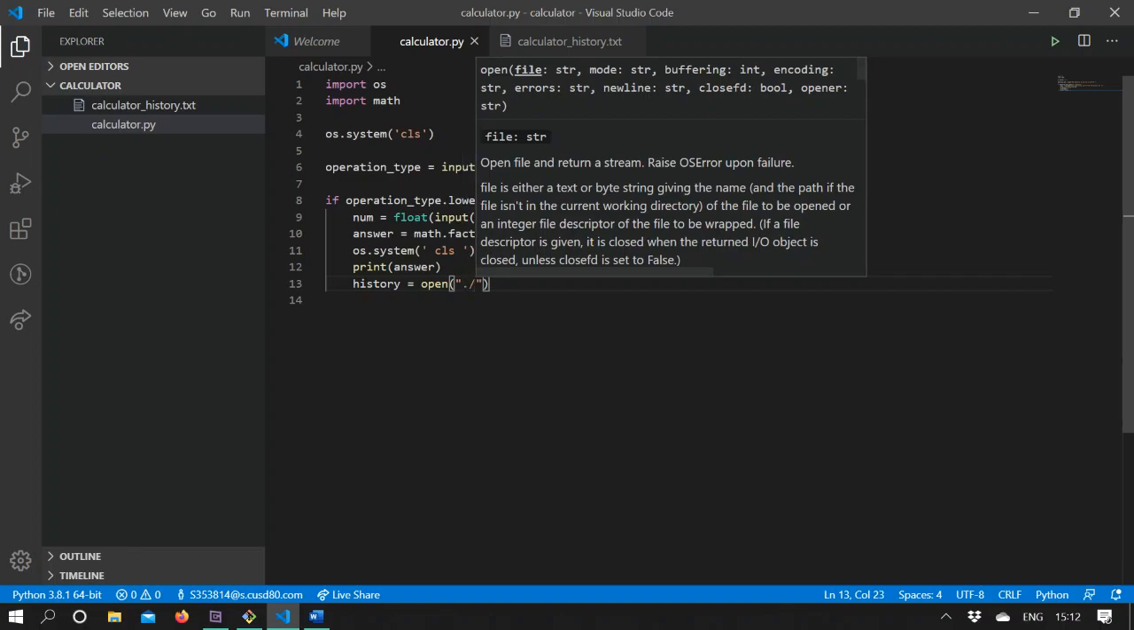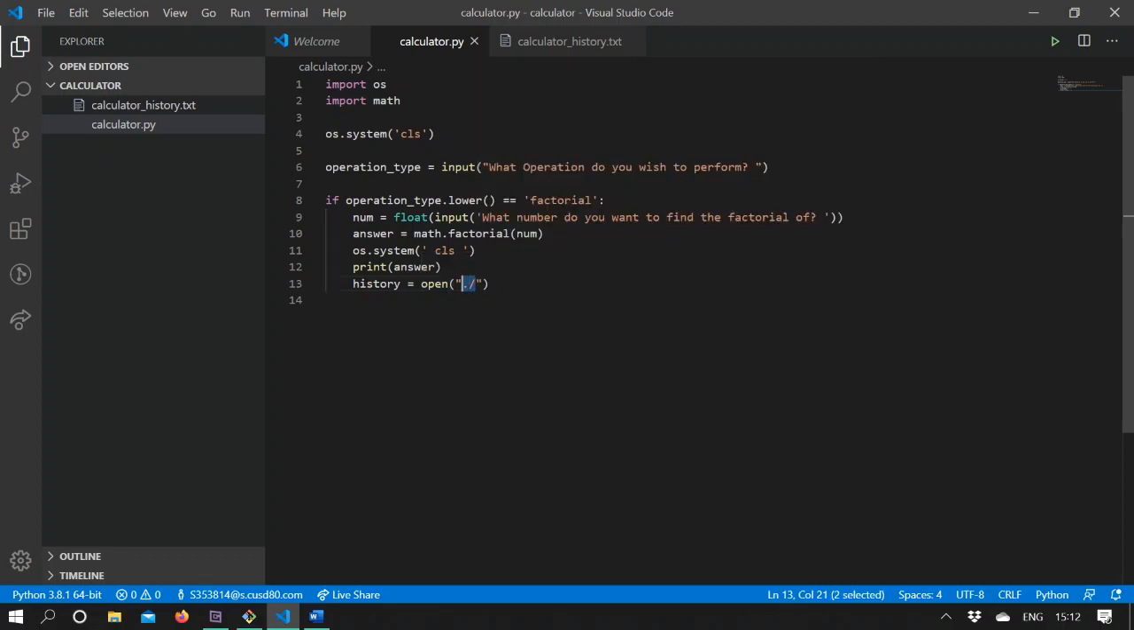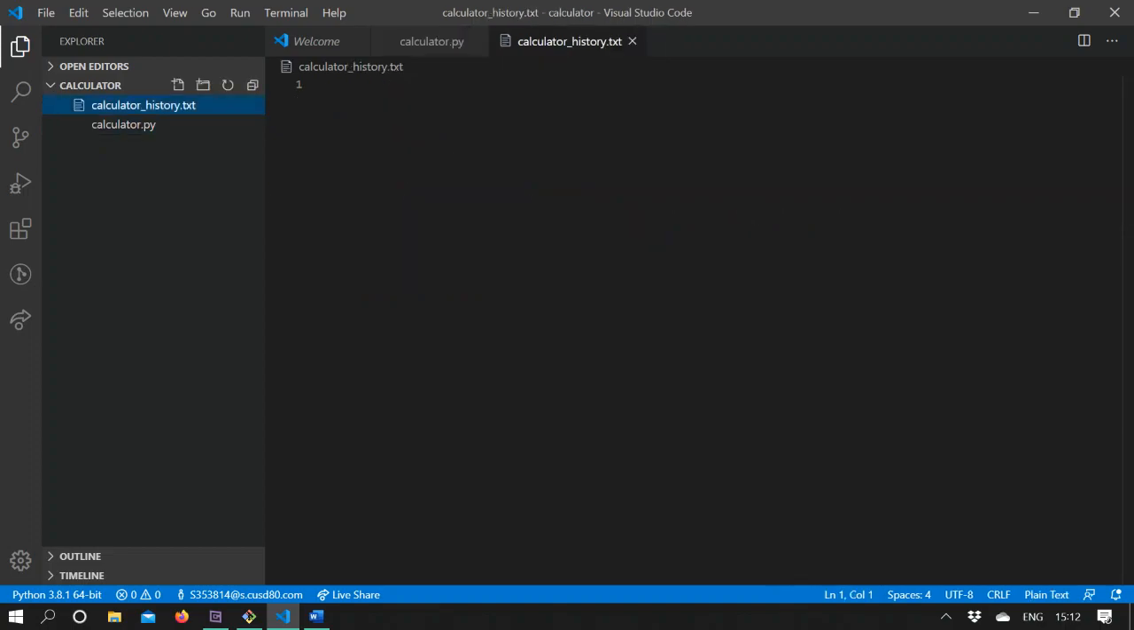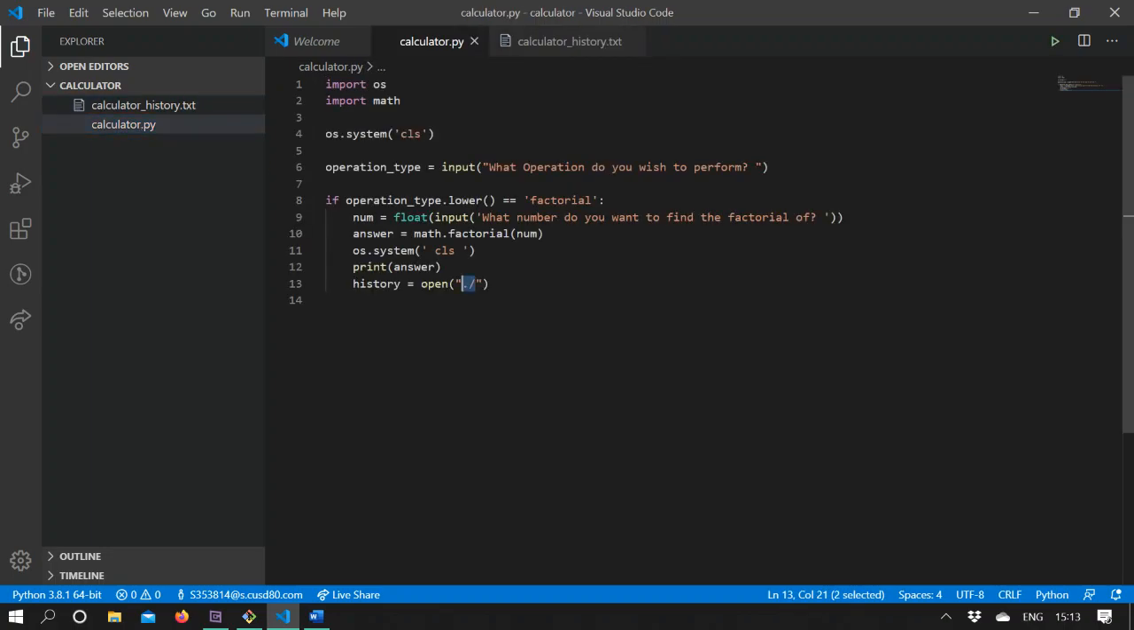What this dot slash does is it automatically tells Python, or whatever compiler you're using, that the file we're trying to open right here is in the exact same folder as this. So this calculator.py file is in the exact same folder as the calculator history file, so we can use dot slash. However, if you put this file in some different folder, you have to put the full location. So I'm going to put open dot slash